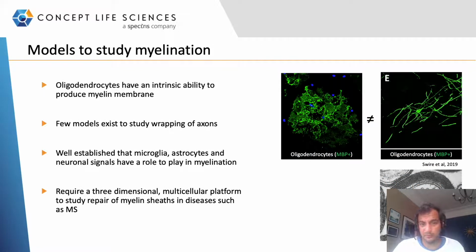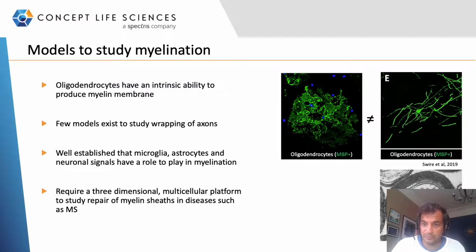Now, we can use standard tissue culture techniques to culture these oligodendrocyte progenitor cells, and we can also promote the differentiation of these OPCs into mature oligodendrocytes that deposit myelin. However, as you can see in this image, the ability to produce and deposit myelin in a flat dish is not the same as the in vivo environment, where the oligodendrocyte makes contact with up to 50 axons independently and is then able to wrap these axons in this concentric myelin layer.